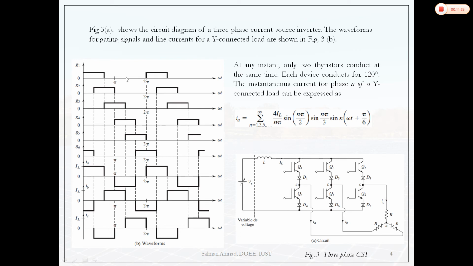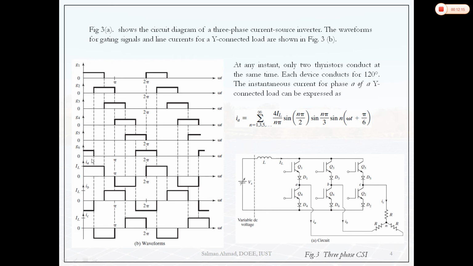Then next interval, you can see here, G3 is conducting, G4 is conducting. So G4 conducting means current IA now will reverse the direction. So IA current will flow something like this, in negative direction. And you can see G4 is applied and G3 is applied. If G3 is applied, so IB will be positive. But IA will be minus IL. So you can see here that IA is minus IL. So similarly you can form the waveform.